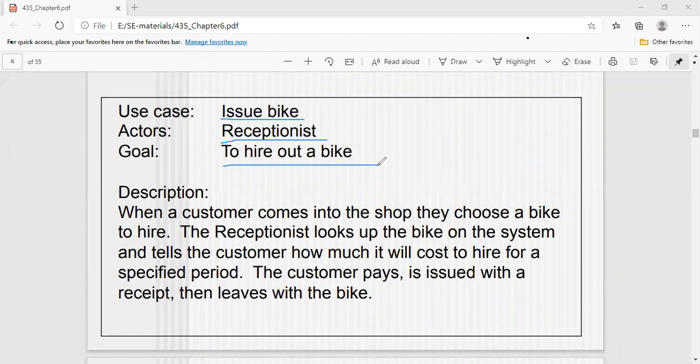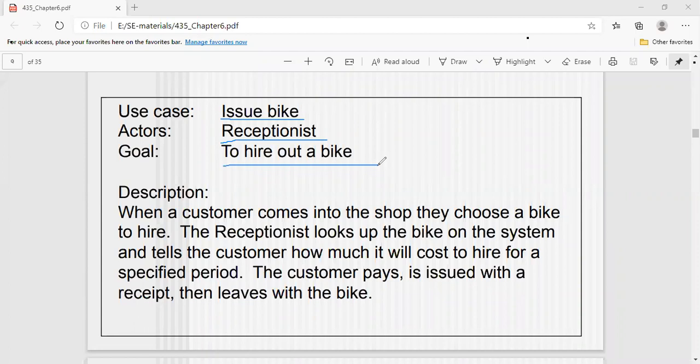This is the process. In this process only two members are there. One is the receptionist, one is the customer. These are the two actors, and they talk about issuing or taking of a bike, isn't it? So if you are taking one project, what is the process, and how is that process represented in the manner of functions in your module?